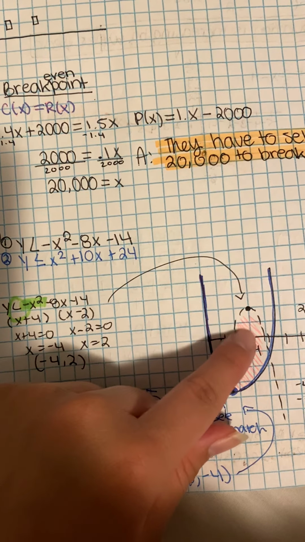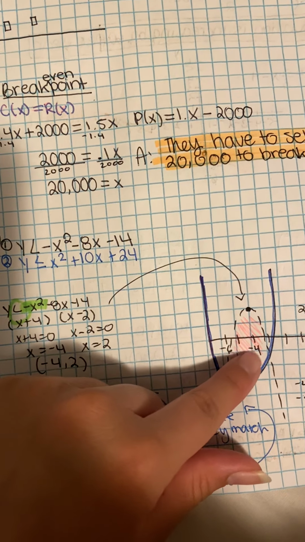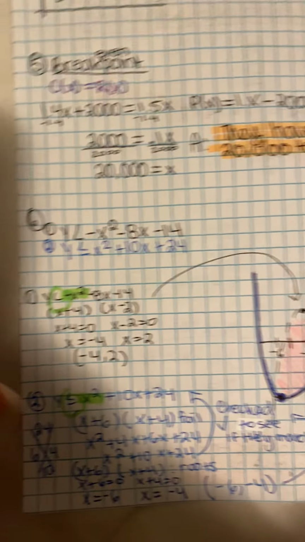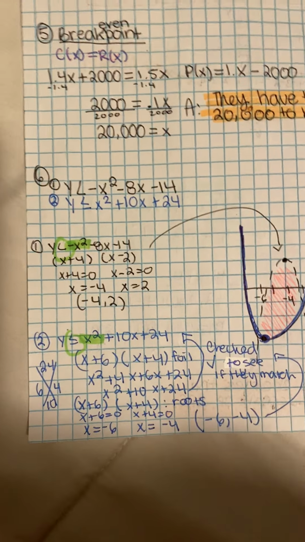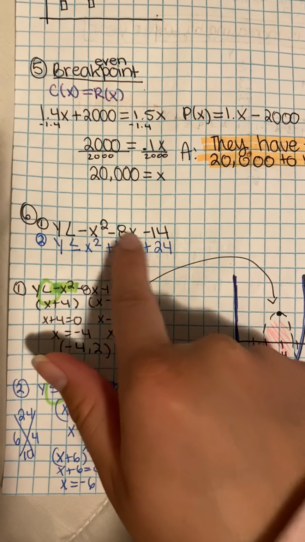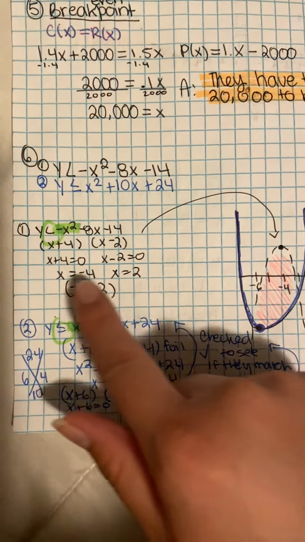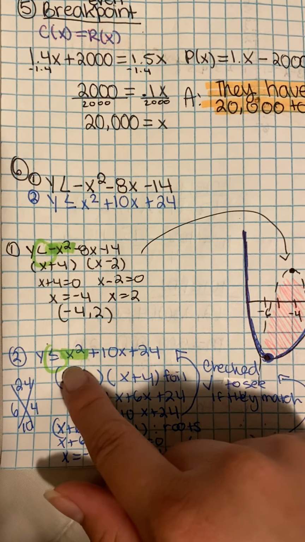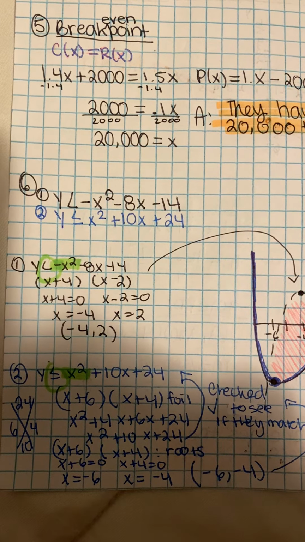And the reason why I shaded right here is because this is where they connect the two equations. The way that I got this is I graphed it in my calculator. I inserted this equation into my calculator and it graphed it like this. But another way I was able to figure it out was by getting the